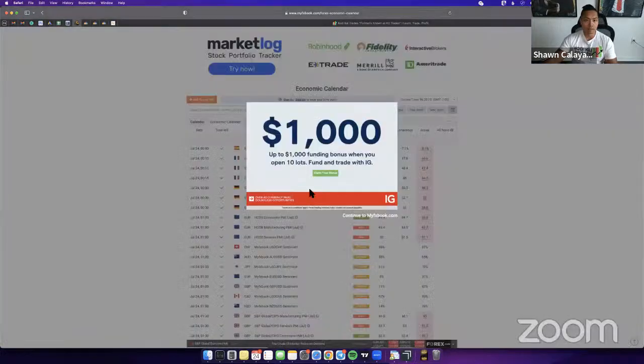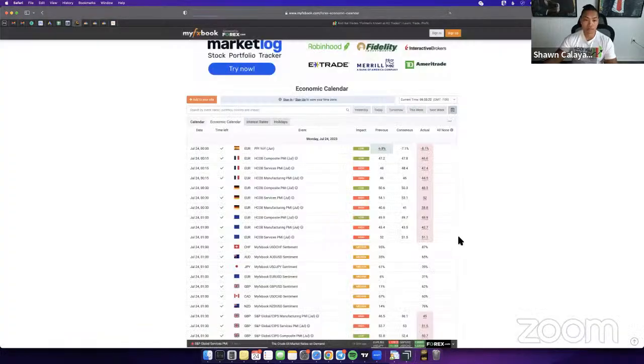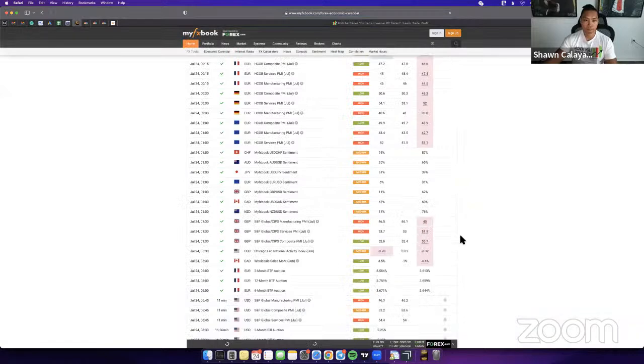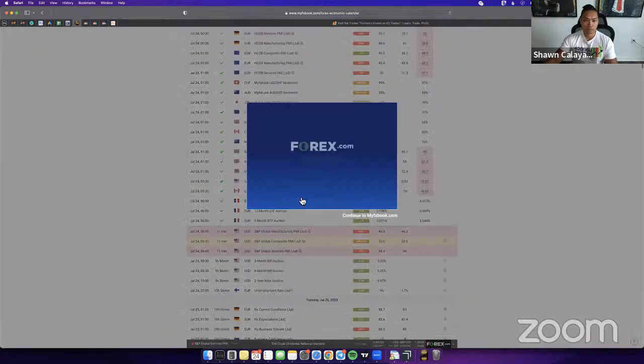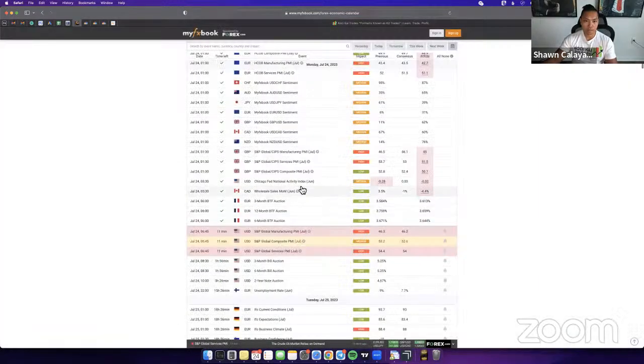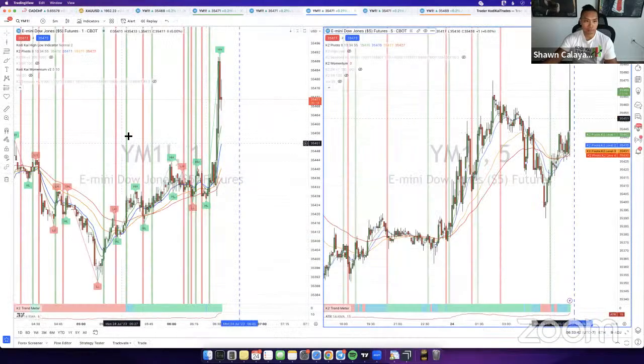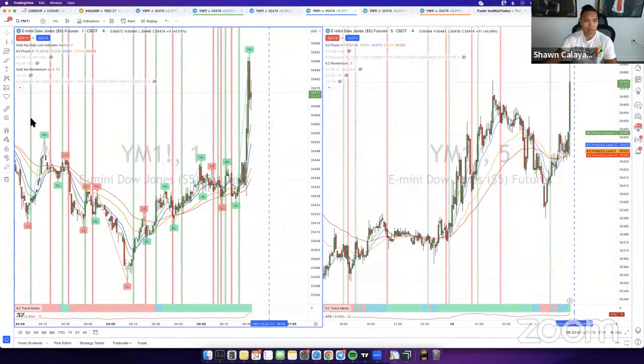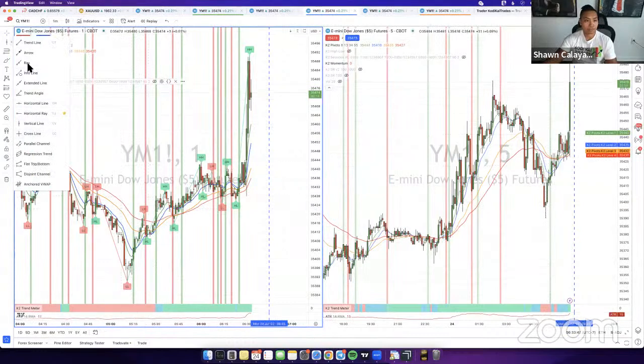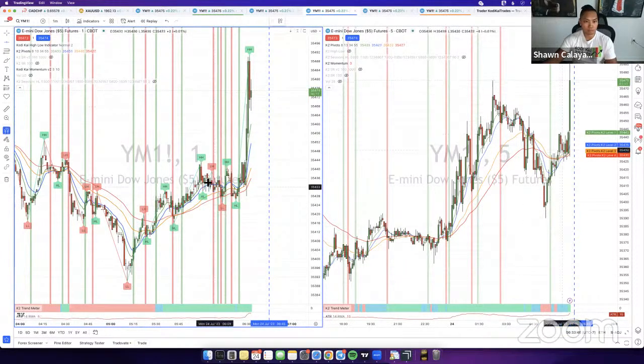Now, let me check my FX book. It might be on here. Oh yeah, so there was medium impact news right here. This is the one that Kaner was referring to, the Chicago Fed National Activity Index. This is why I like looking at both my FX book and Forex Factory, because they don't have all the news events on there. So let me go ahead and mark up the news. Thanks, Kaner, for the heads up regarding that news event. I don't think there was too much movement based on it, but we're going to mark it up anyways because we want to know where